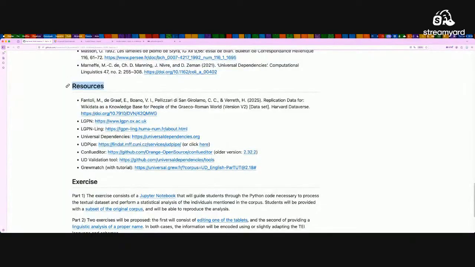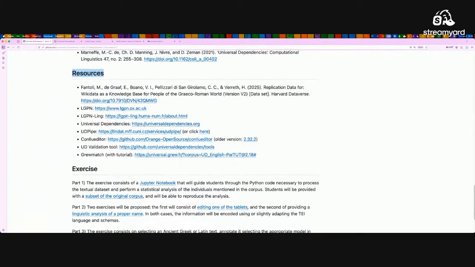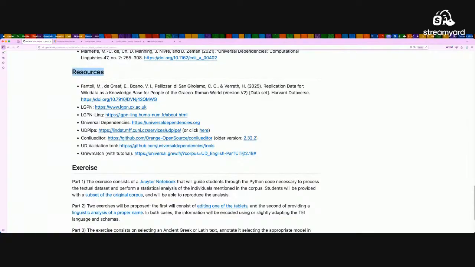Here in the resources, you can find a series of links starting from here. Now, some of you might think, okay, in order to do tree-bank annotation, I must know a language very well, like Latin and Greek. You'd be wrong. You must know two languages very well. One is the language that you're annotating, so either Latin or Greek, or both of them, if you want to engage yourself with both.